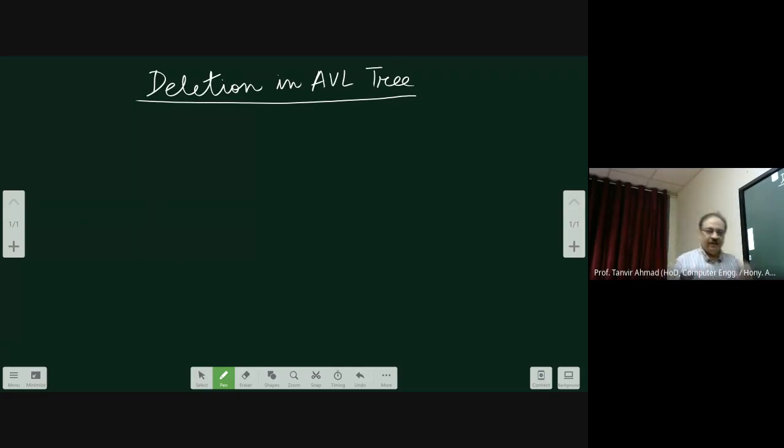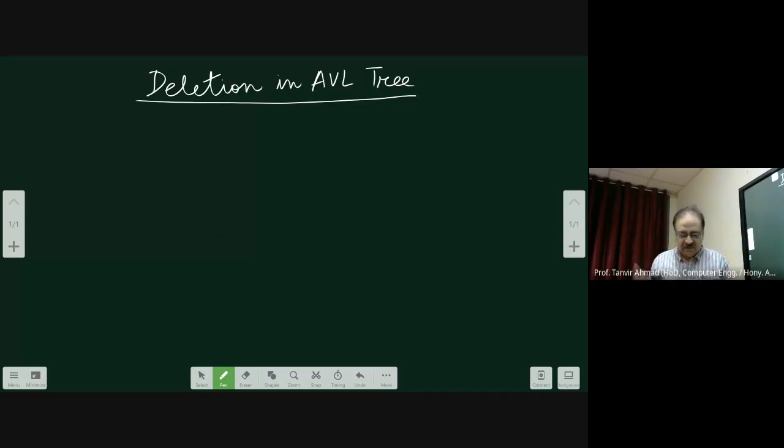Now obviously you know that in a binary search tree the deletion is very simple. There are three cases: the node to be deleted does not have any child, the node has one child, or the node has two children, and that you have done according to the laid down rules. Now, deletion in an AVL tree will have basically six cases. But when I say six cases, it is only three cases, and three are the mirror images of the other three.